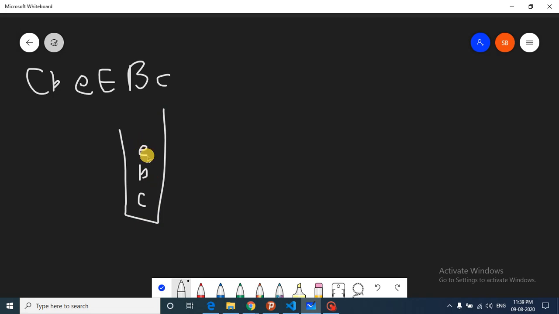push E. Whenever you are pushing a character, see if there are some characters in the stack, then look at the top element and see if this is a small letter, this is capital and both are the same, or this is capital, this is small, both are the same. Then you will pop out this element as well and you will not insert this element in the stack. Else, if they are different, let's assume that this is actually E and this is S, then you will push this S inside and then it will be B, because this is not removed, so it will go above, and this will be C. So that's the whole logic.